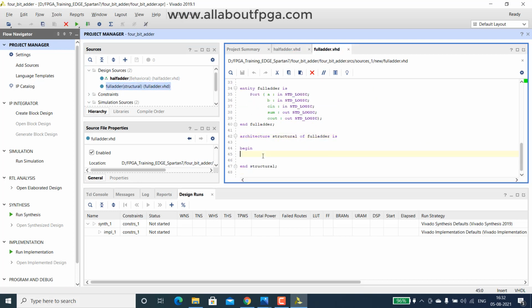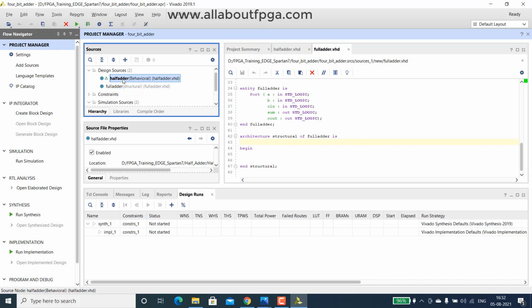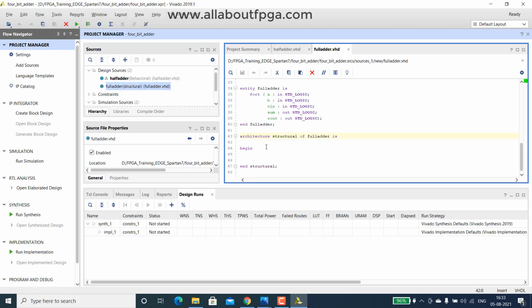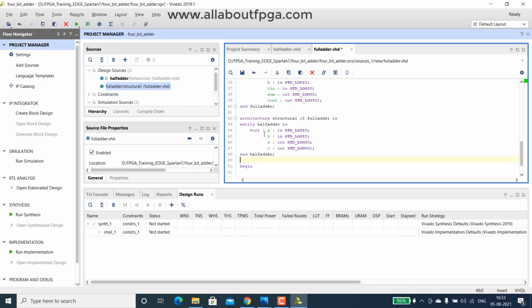Here it is. First thing we have to do is call that half adder coding via port mapping. To do that, first we have to copy the entity of half adder. Paste it below that architecture starting.